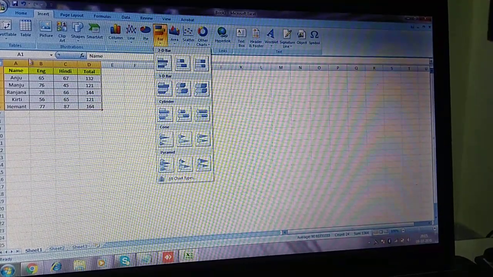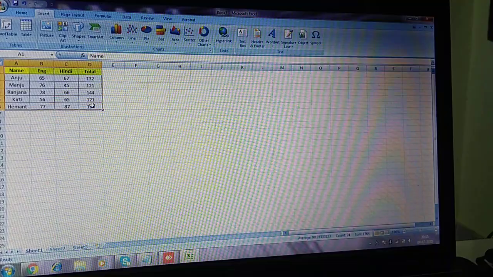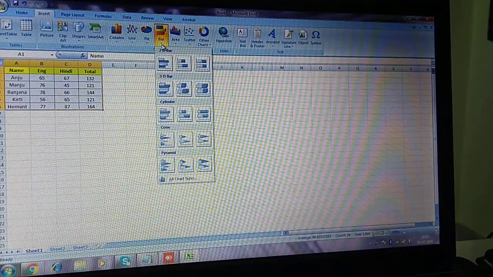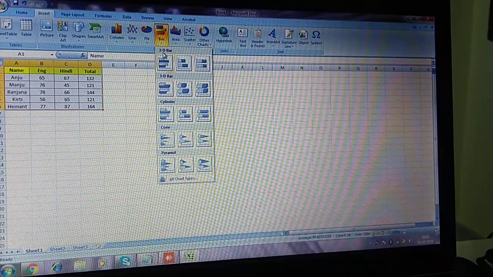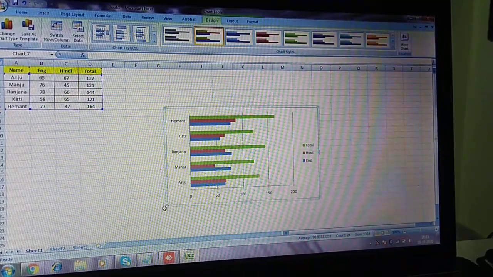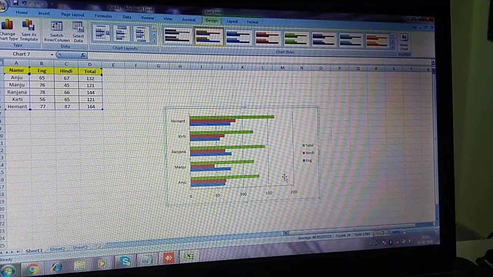Okay, first step was to select your entire table. Then we go to the Insert tab. Here bar is there. Then in 2D I am selecting this one. See, according to the table, our chart is ready here.